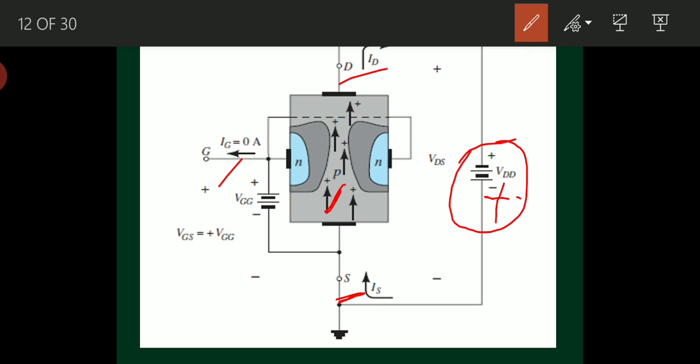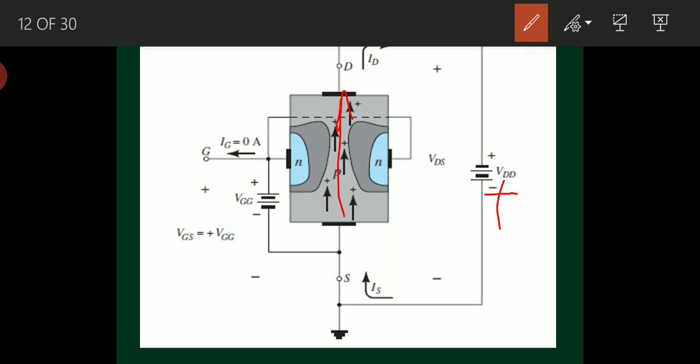Of course, maybe I have shown the symbols wrongly here. The symbol of the voltage source VDD is right, but the plus and minus conventions are wrong here. So I have to give the positive supply of VDD to the p-type semiconductor substrate, which is the source, so that the holes, which are the majority charge carriers in this source terminal, will move towards the drain terminal.